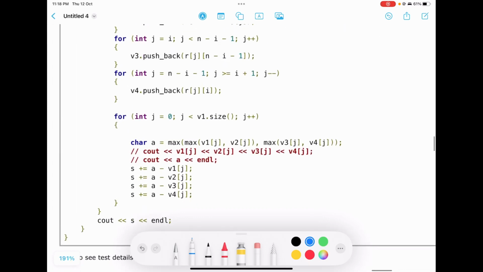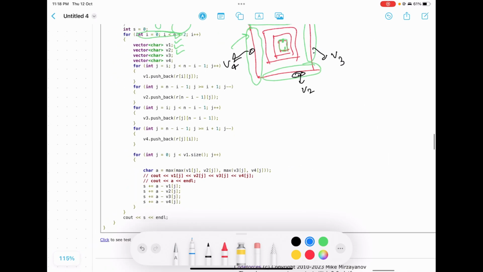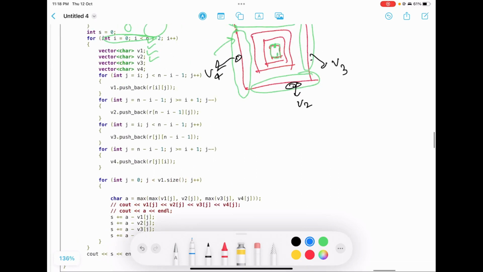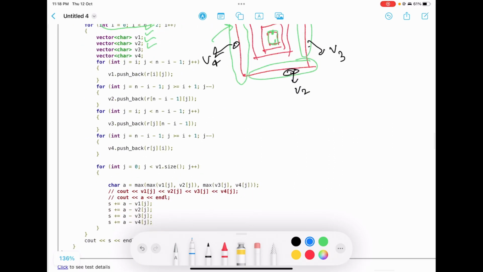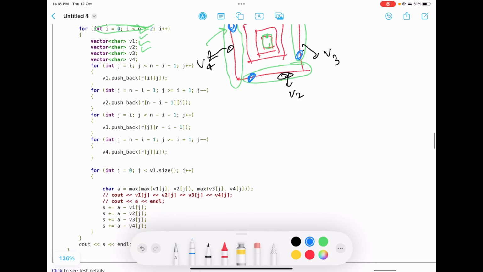Now we will run a final for loop from 0 to v dot size, the size of the array. In this for loop, for example, this is the first element, this second, this fourth, this fifth. v1 j is first, second, third, fourth.